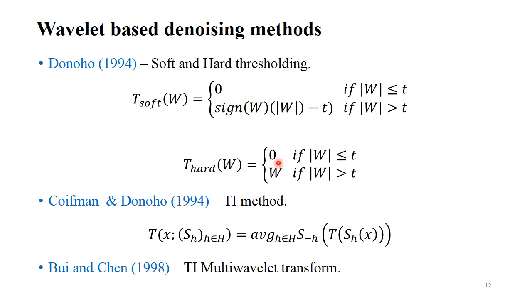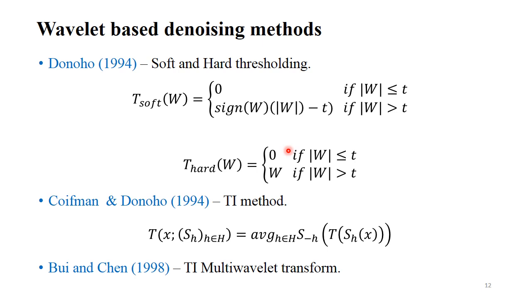Hard thresholding is a kill or keep process. If it is less than or equal to the threshold, make it equal to 0, same as the previous. If the value of the wavelet coefficient is greater than the threshold, then keep it as it is. So, kill or keep process. These are the major strengths of the thresholding technique that is going to drive many of the